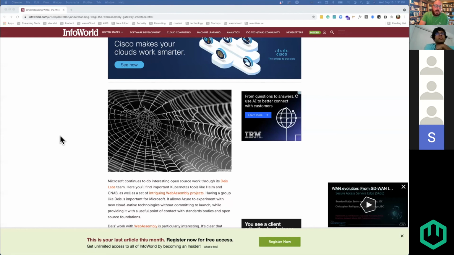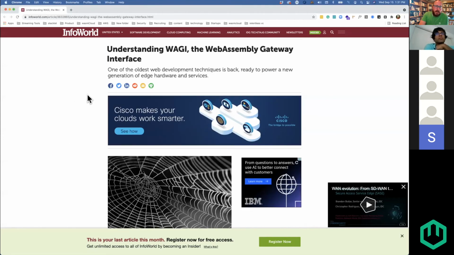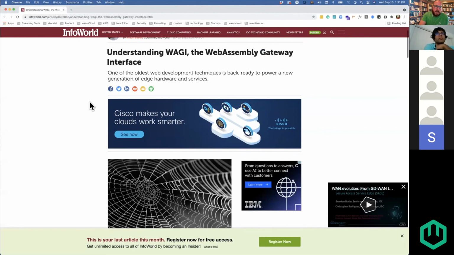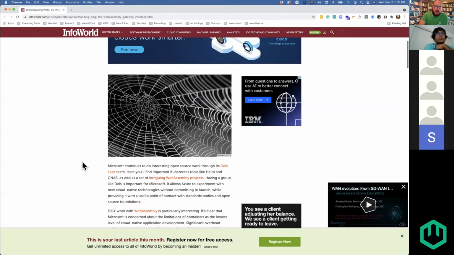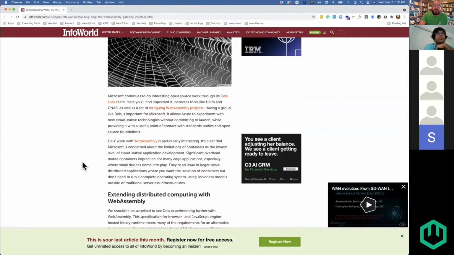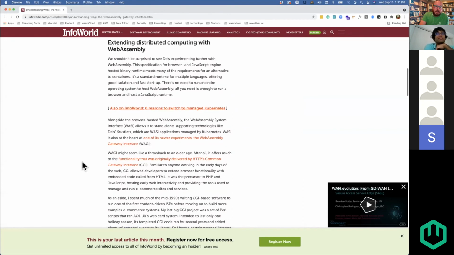A couple other little notes. If no one saw, the DS Lab team just released their WAGI stuff here, which is the WebAssembly gateway interface. Somebody made the joke about WA Perl being next to come out.